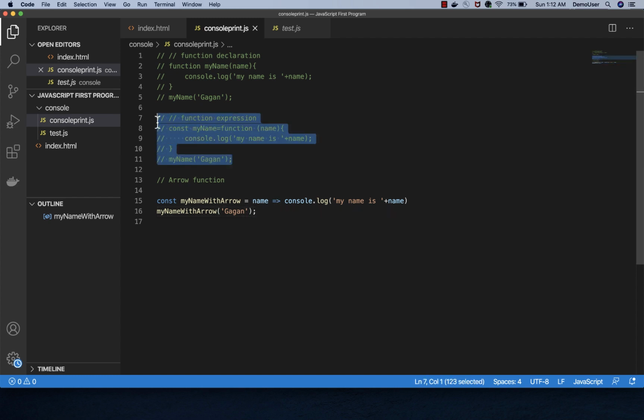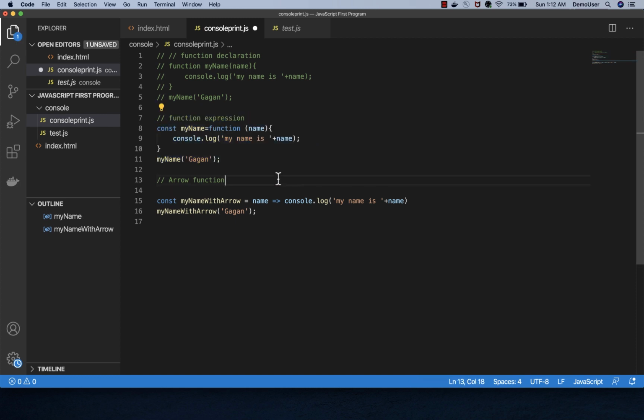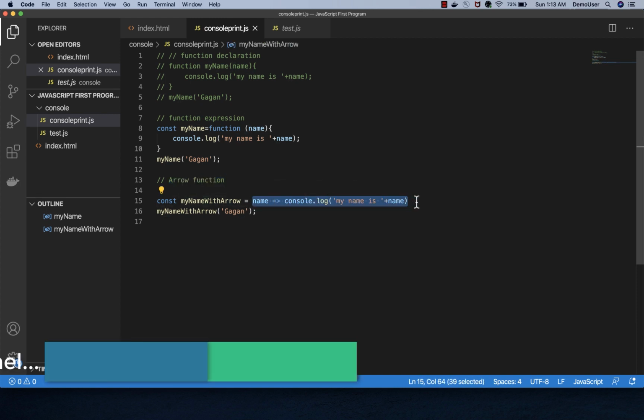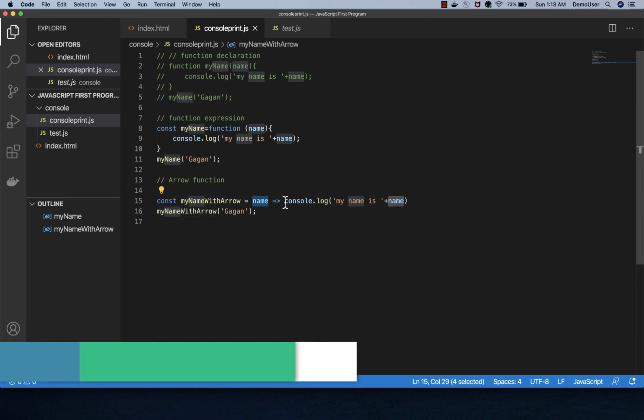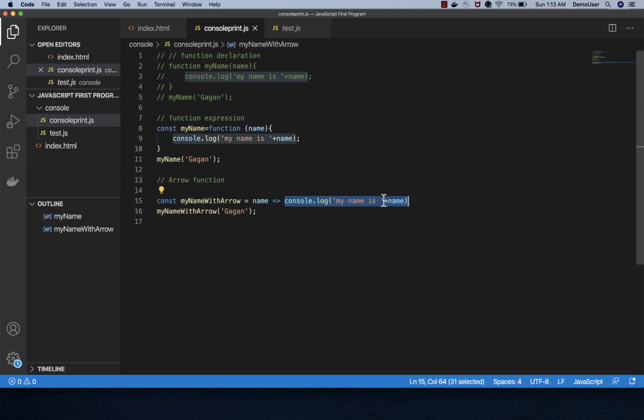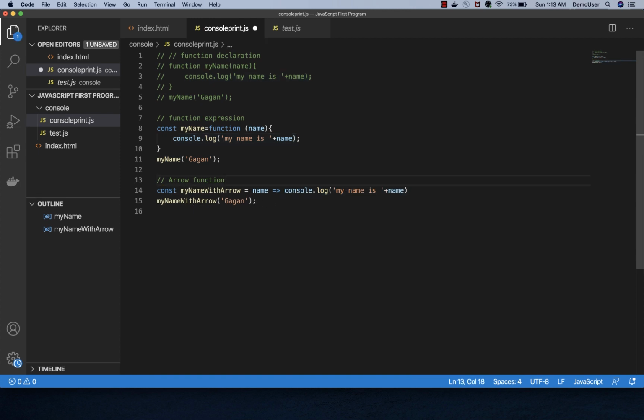So if you see over here, in case of function expression, what we were doing is we were trying to save the entire function into a variable, but in this case, we're using some keywords called function, and then we have brackets and all. So in this case, it was having some extra code, and with arrow function, we are trying to reduce that. So if you see here, we are again saving the entire function into a new variable. But the thing is here, we are not using some other keywords, and we are directly passing the parameters to the function body. So we don't have any curly braces here, and we are simply using it. So this is a basic about arrow functions. So if you see here, there is only one parameter and there is nothing in return. So as I say here, arrow function is good when you have a single line of code or less line of code.